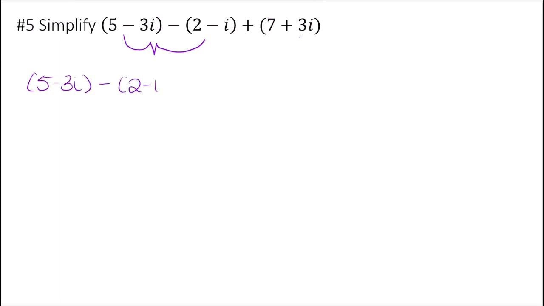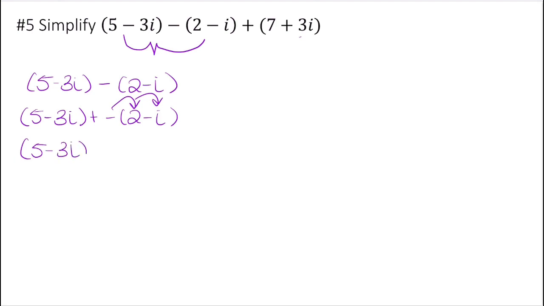minus 2 minus i. Remember, when we're subtracting, we're going to turn it into an addition, and then we're just going to distribute that negative. So that minus 2 is going to go here, and then the minus is going to go to i. So I have 5 minus 3i, and then plus, this will become negative 2 plus i. When I add these, I like to do them vertically, so I'm going to rewrite it like this. And when I do that, 5 minus 2 gives me 3,